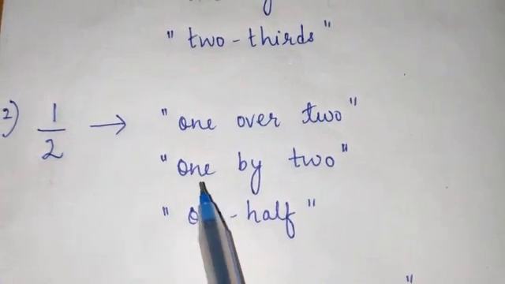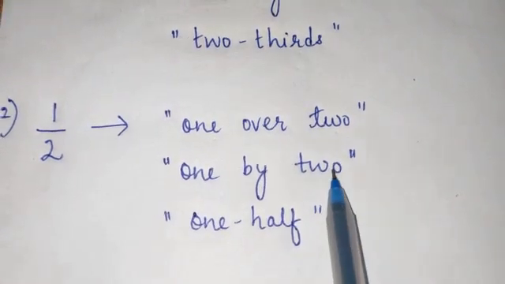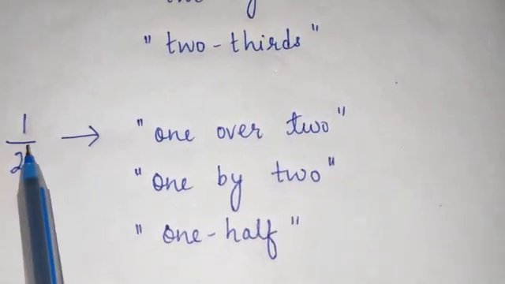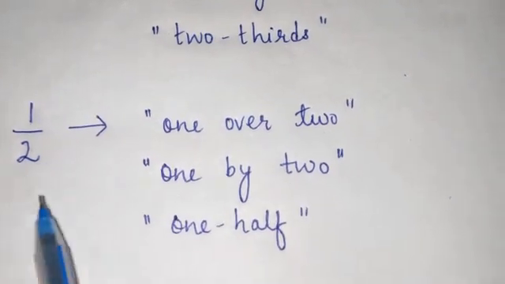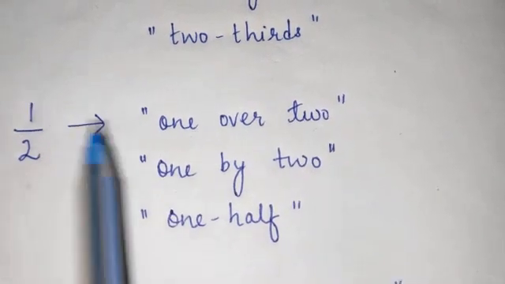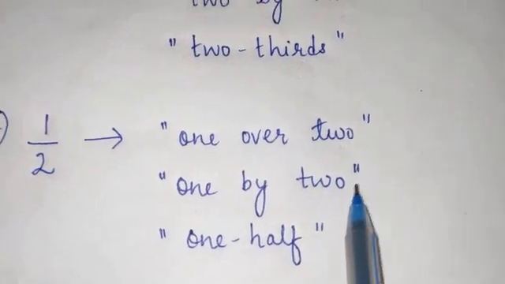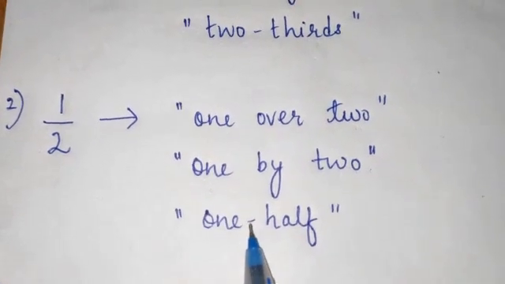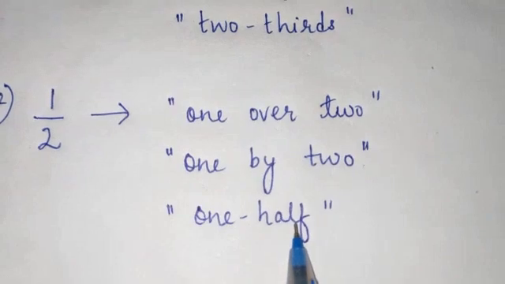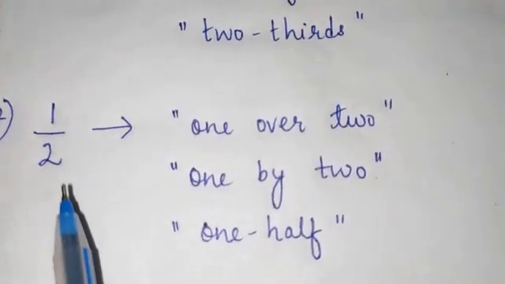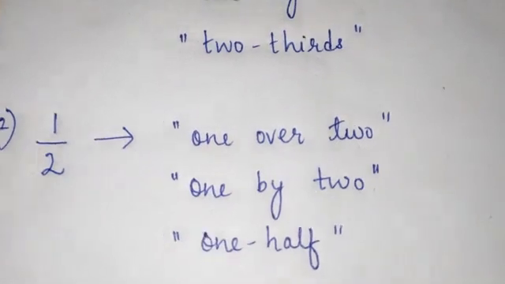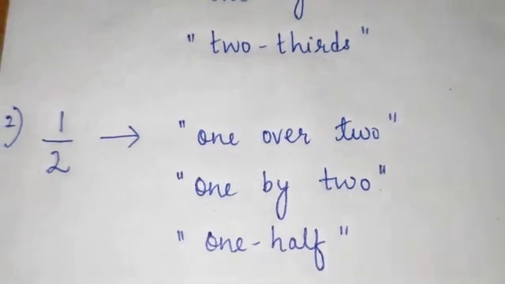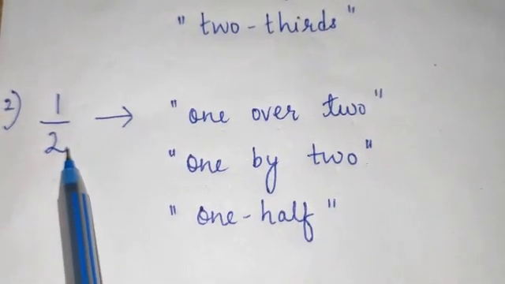Okay, then in the second way you can write it as 1/2. 1 because it is the numerator, so we write 1 first. Then "by" is the sign of division, or this line. Then 2 because it is coming in the denominator, so 1/2. Or you can write it as 1, a small dash in between, then half. In Hindi we also call this आधा. If we divide any figure or any object in half, this represents its half.